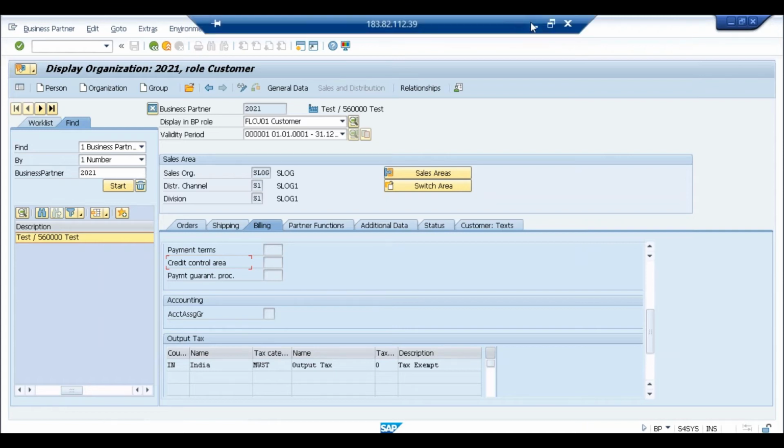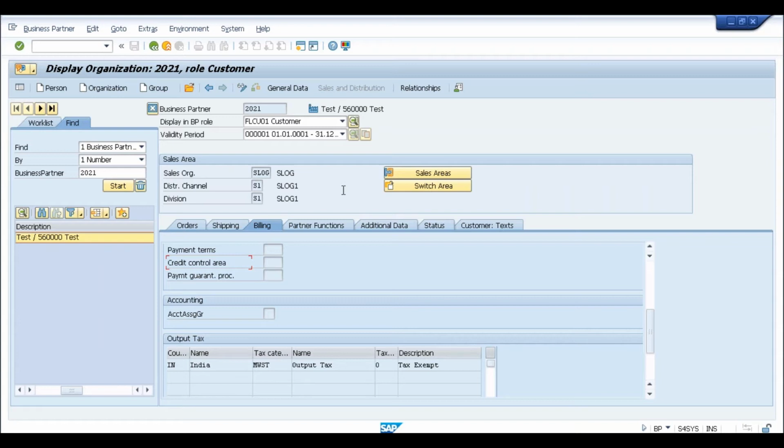Still there is some confusion on one of the linkages. Based on the grouping, we determine the business partner number range. Then based on the business partner role, there is an account group linked, and you have a config where business grouping and the account group are linked, and we find the number range.